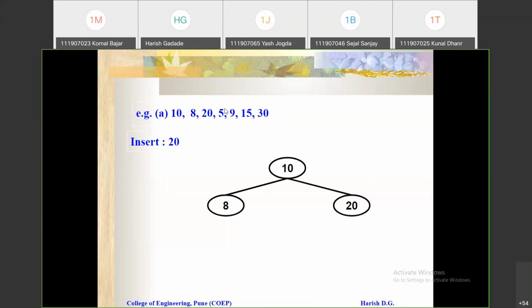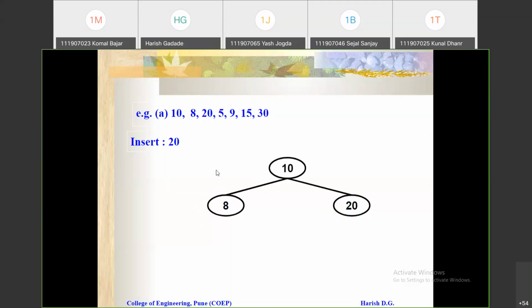Now next is 5. Now see, again you need to start that comparison from the root. Always start your comparison from the root. So compare this 5 with this 10. So 5 is smaller than 10. So you just connect to the left, or if that left part is not null, or we can say if there is a subtree, then traverse to the left.